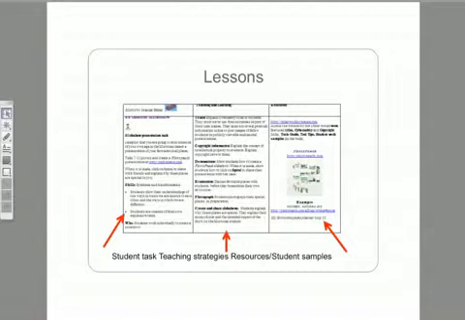Now, in the left column, the tasks are written the way that kids get to do them. So it tells the kids exactly what they need to do. In the middle column, you've got the teaching and learning activities that teachers will be doing to teach the kids. And in the right-hand column, you've got the live hyperlinks to the Web2 tools so that teachers using these documents will be able to use live hyperlinks. And each one of the PDFs has live hyperlinks to go through to the Web2 tools.